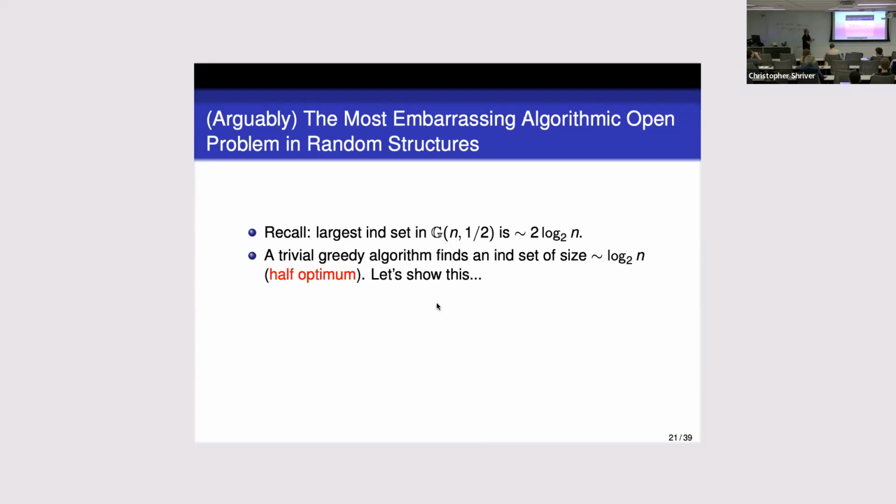I was planning to show how this works. Let me not do that. But indeed the idea is very, very simple, and you can also find it in some of the textbooks. This was observed by Karp in 1976, and he said, well, the algorithm is so simple, surely we should be able to do better than that. But this is still open, and this is embarrassing. Embarrassing because the algorithm that works is super trivial, but nothing better seems to work.